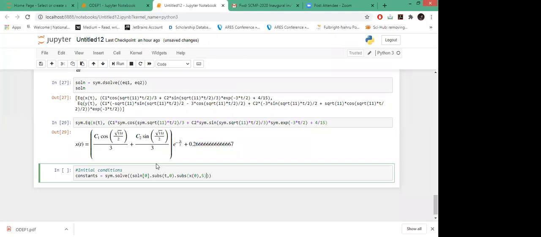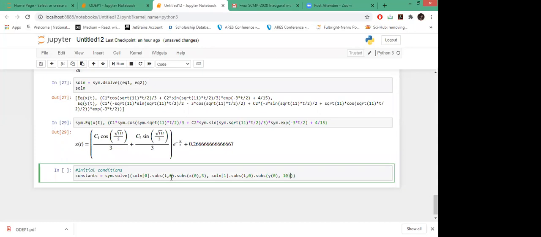So I'm substituting in solution 0 with t equals 0 and x of 0 equals 5, and then for the second solution I'm using solution 1. Same thing, I use the substitute command with t equals 0, and then again I substitute y of 0 with 10.